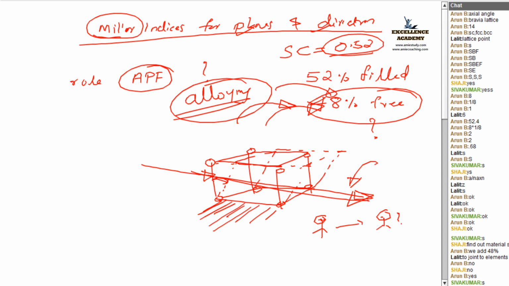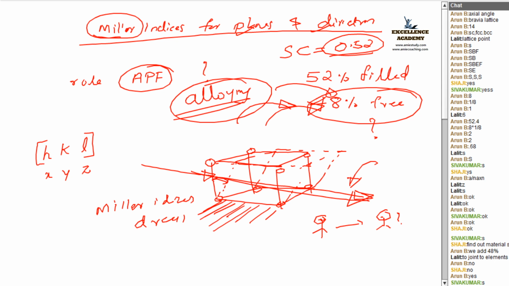So for that, Miller put forward Miller indices for direction. For the cubical structure, there exist three integers for the x, y, and z coordinates, say represented by h, k, l. If it is a direction, it is enclosed in square brackets like this. Got it? Along x it is h, along y it is k, and along z it is l. Like that it is represented.